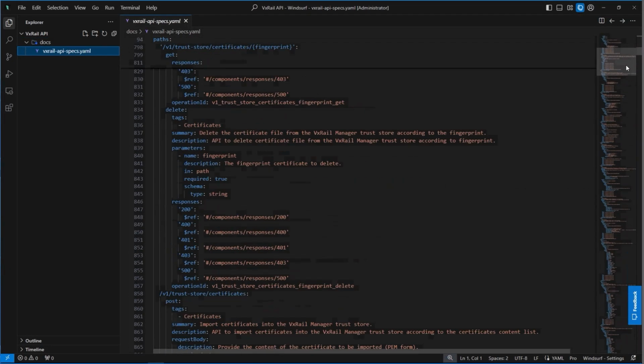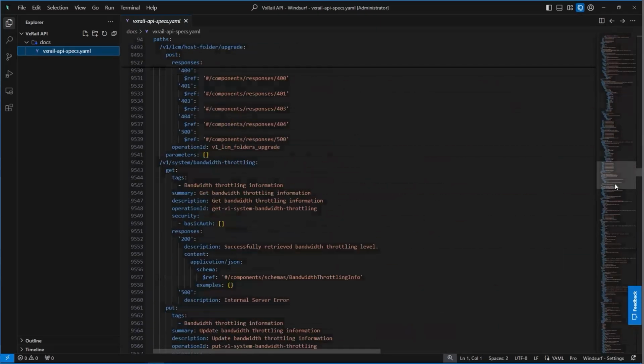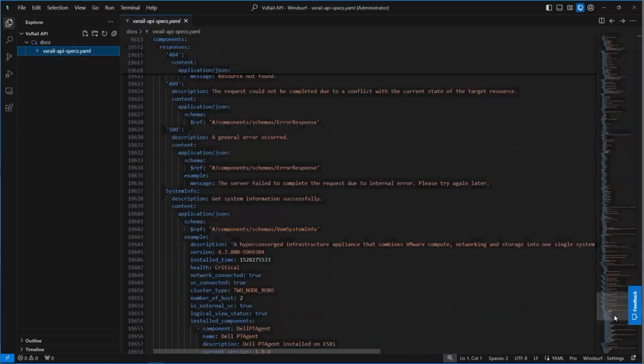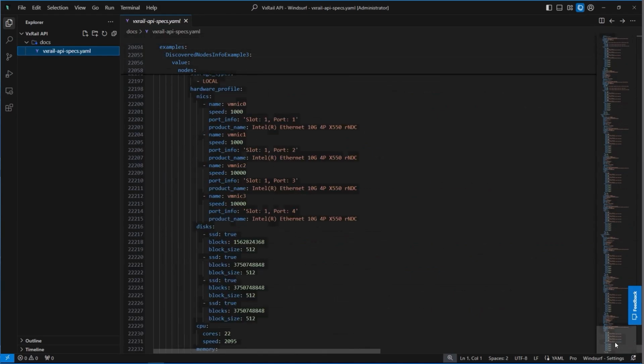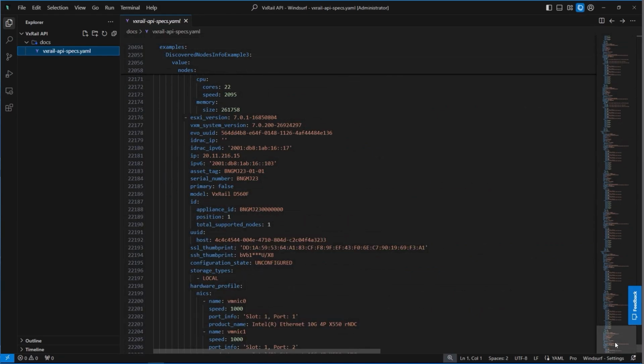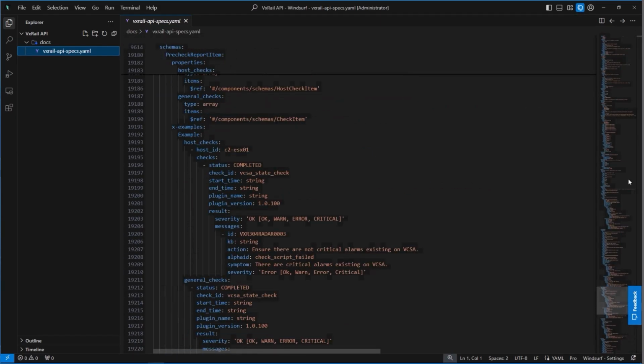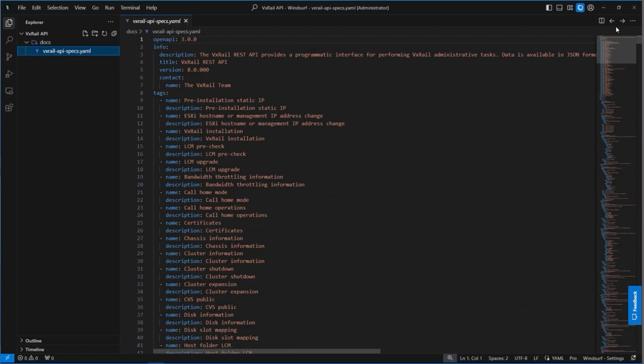The file contains the VxRail API specification in the OpenAPI format. Note that it's a very long file with over 22,000 lines in YAML. Such a large file can be daunting and challenging for human manual review. This is where generative AI and large language models become incredibly beneficial. They are great at processing large, structured text files like this one.